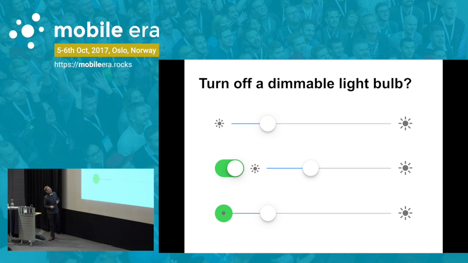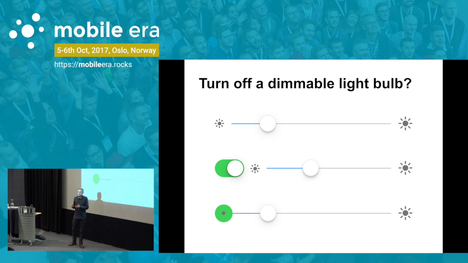So at the top here, we have just a slider without anything else. When you slide it to the utmost left, it actually turns off. And if you turn it from here to here, it turns on and dims. And the second one is when you turn it to the utmost left, it's only on the lowest dim level. And we have an action for actually turning it on and off here.